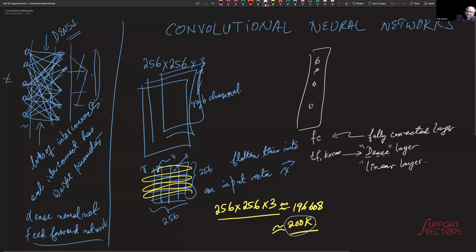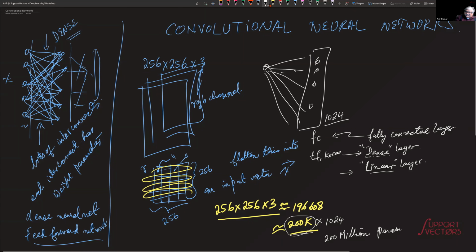And if you look at PyTorch, it uses the word linear, right? If you go back and look at the code, when we build our neural networks, we put all these linear layers together. So let us say that we create a linear layer of a modest 1024 nodes, or 512 nodes or whatever you want to pick. You realize that you're multiplying this by 1024. So the number of weights that are there, because each of these things is interconnecting to 1,000, and there are 200K things. So what you end up with is 200 million